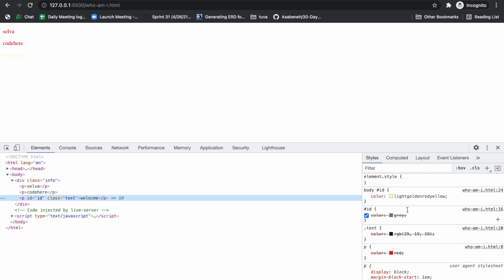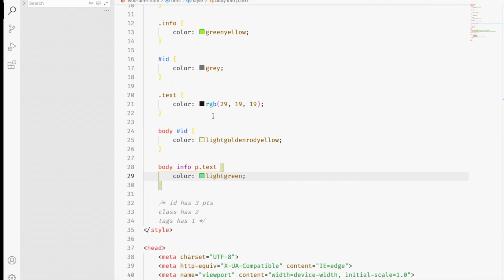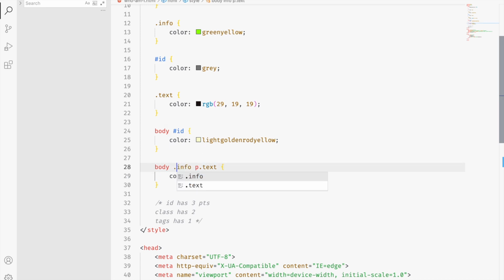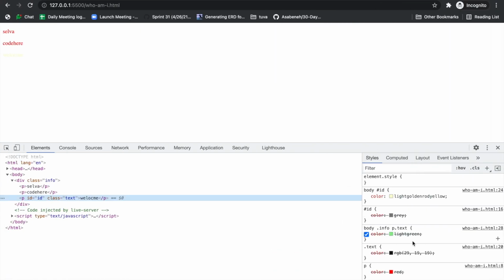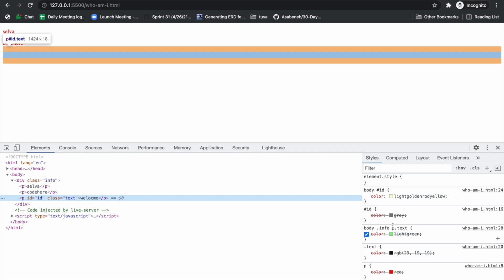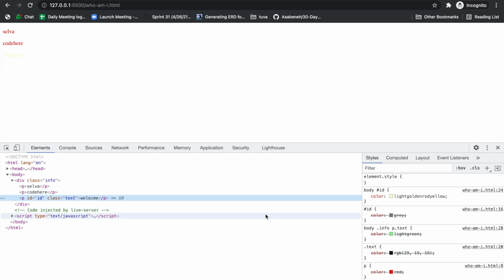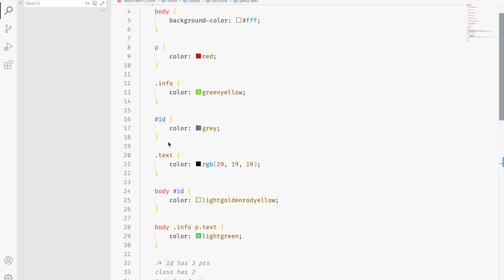See, it's not coming. Sorry, forgot to. See, can override even this 1.1.2.4. But if you need to override the ID, you have to mention the ID itself again. Basically, don't use ID for styles. ID is for JavaScript purposes mostly. So you can use your tags and classes for CSS.